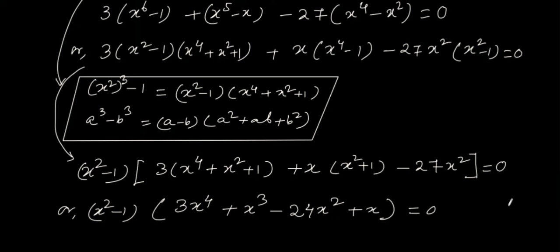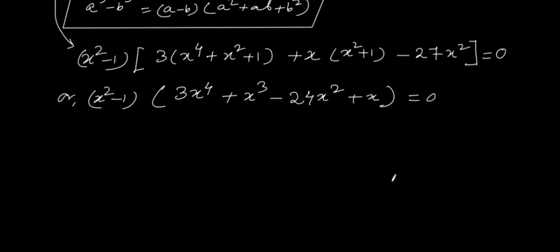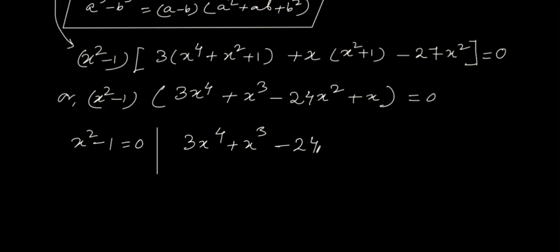This equals 0. See, from here x square minus 1 equals 0, or 3x to the power 4 plus x cube minus 24